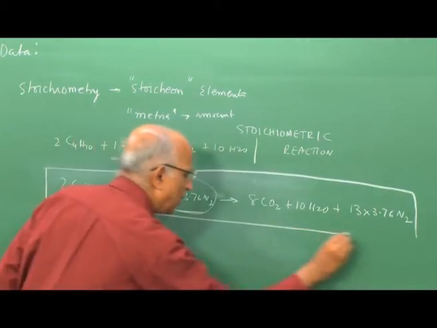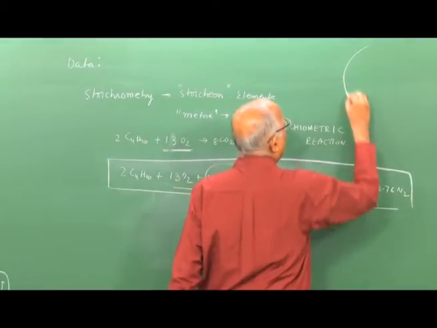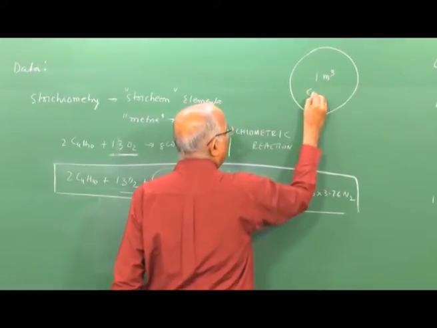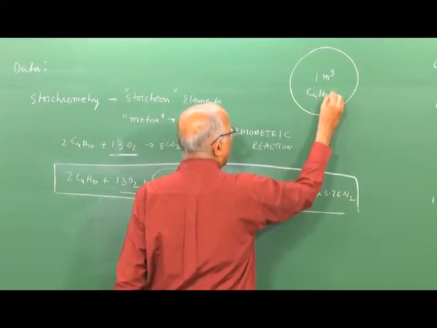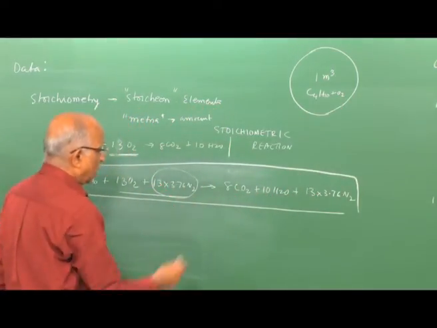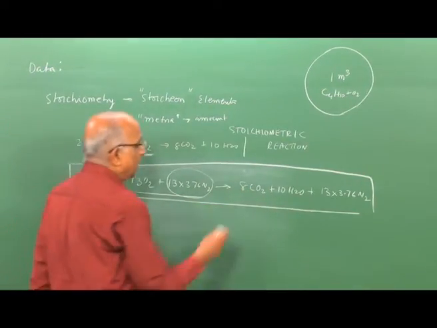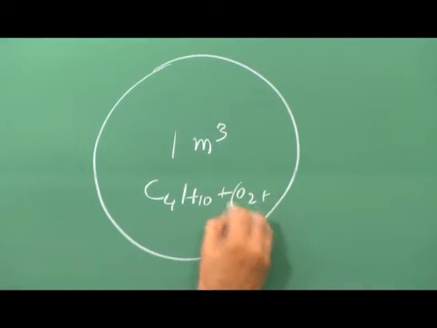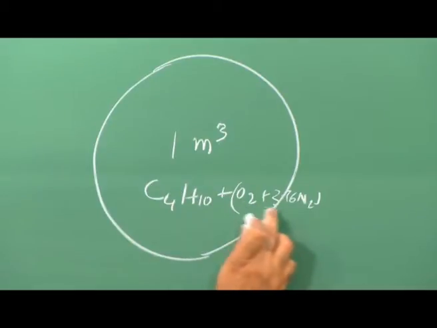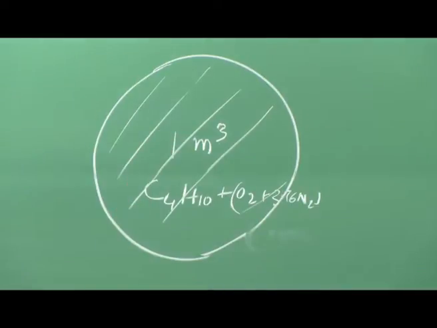Now, I want to find out the energy liberated, corresponding to the same old problem, if I have, instead of 1 meter cube of butane plus oxygen in the proportion such that I get stoichiometric or completely oxidized products of combustion, and instead of oxygen now I also add the amount of air, that is 3.76 nitrogen for each 1 mole of oxygen. Now, I want to find out what is the energy which is liberated from 1 meter cube.